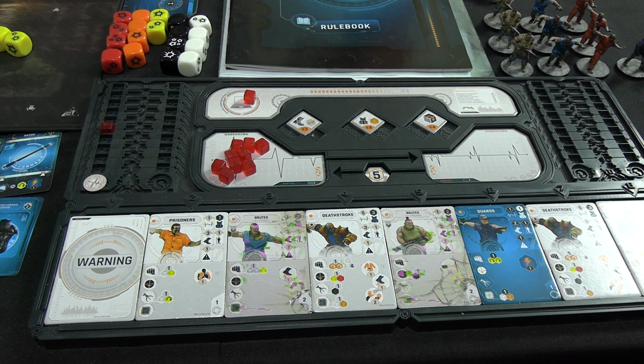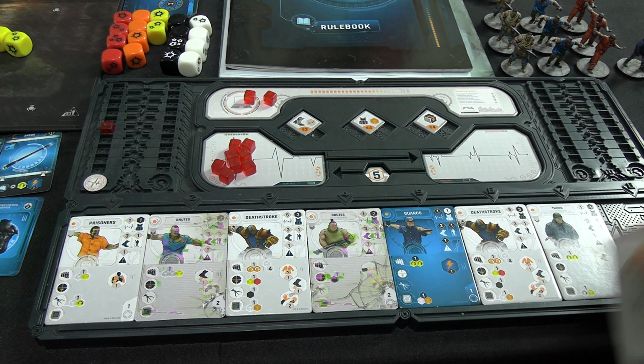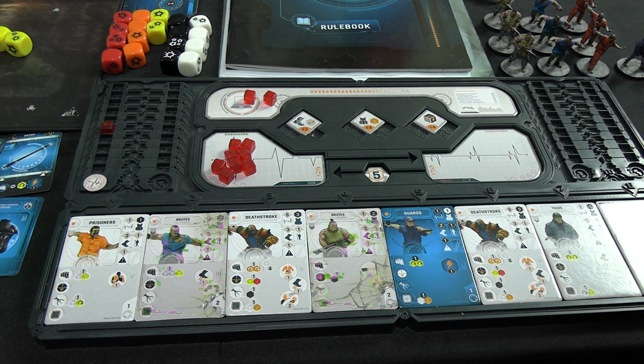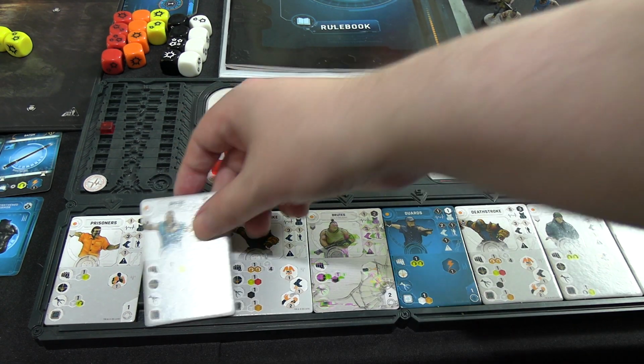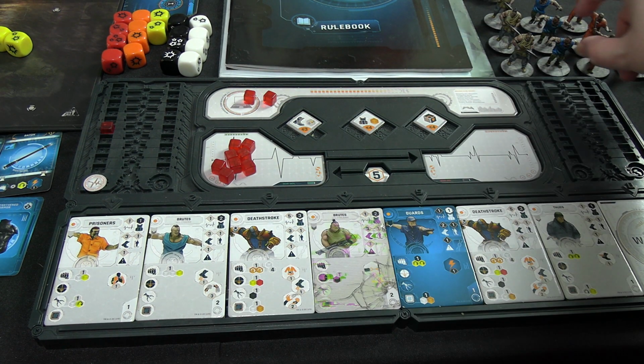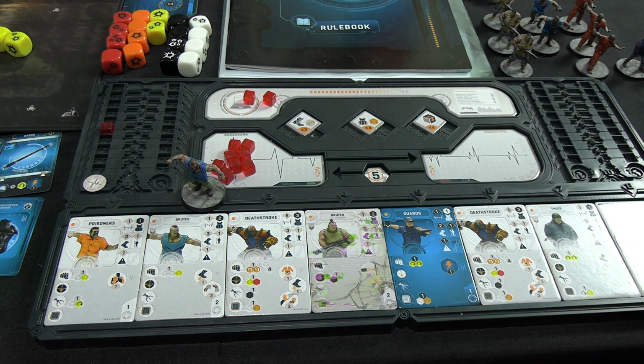So simple play, doing the warning, which is a reinforcement points of 3, and going to bring back 1 of the brutes, so that will flip that back to the healthy side, but that takes up 2 of the reinforcement points, and then there's only 1 left, so a shotgun brute can't come back. So bring back a...